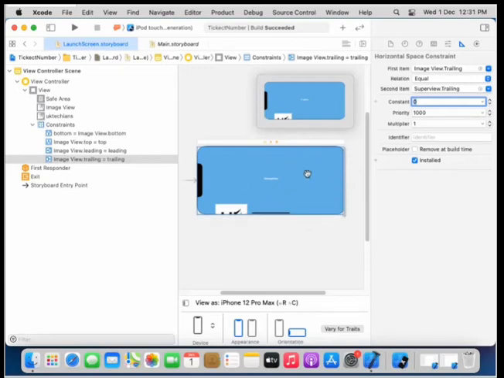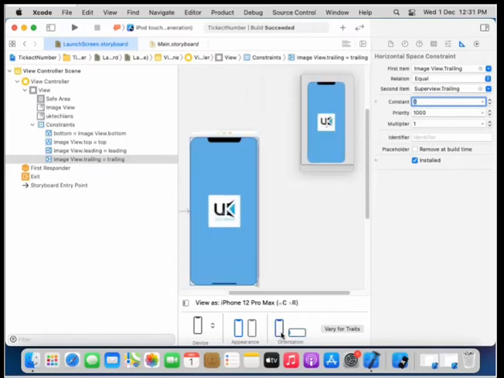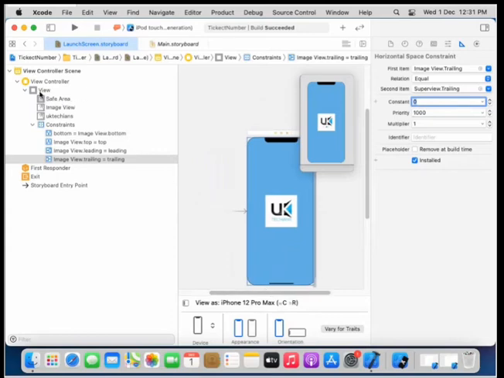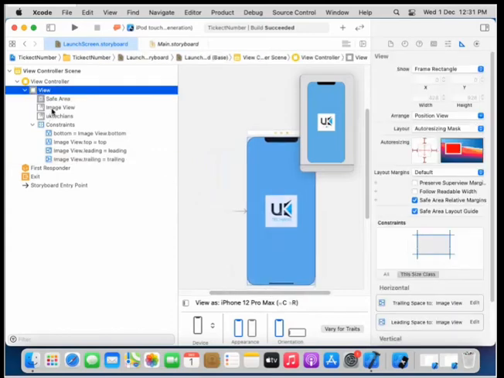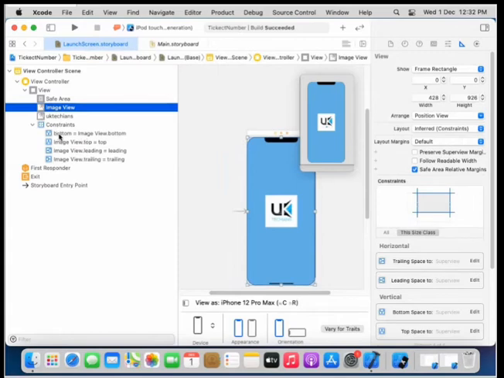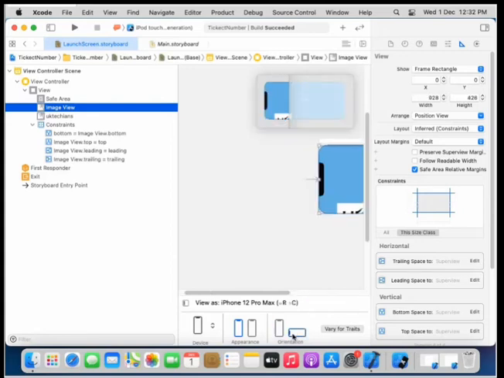So this means that your background is fully attached with the view, right? This is the view, and the image is attached with the view. And now when we read the constraint, it shows bottom is equal to image view dot bottom, image view top is equal to top, image view leading is equal to leading, this is the leading position, and image view trailing is equal to image view trailing, right?